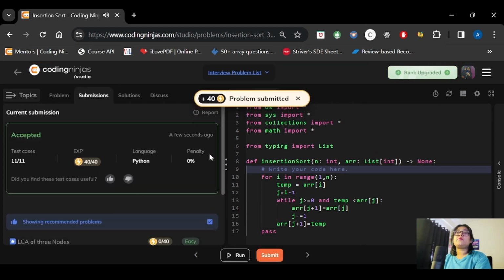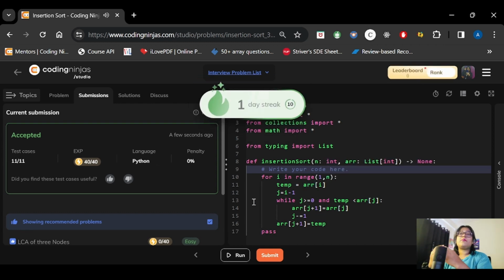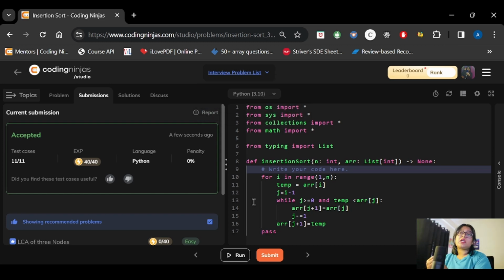So this code has been accepted, and you can see the way I dry ran the code, I implemented the entire same thing here also, and it ran, right? So the basic approach that you are getting, first try to understand the approach of that and try to implement the code according to the way you are dry running it, and you will get a better way to write the code.